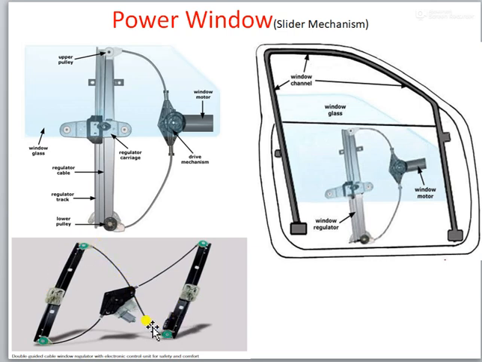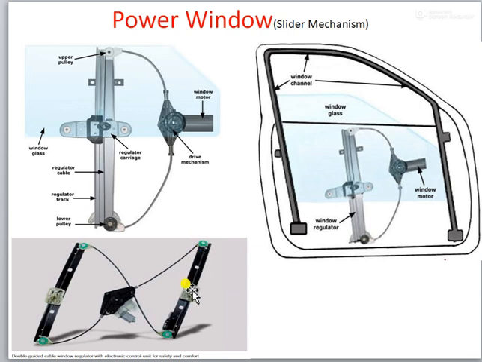here. The first rope end is connected or tied to the regulator carriage through one pulley. It is going to the second pulley, which is present on the motor shaft. Here it makes 2 to 3 tight turns. After that, the other end of the rope is going through a third pulley,